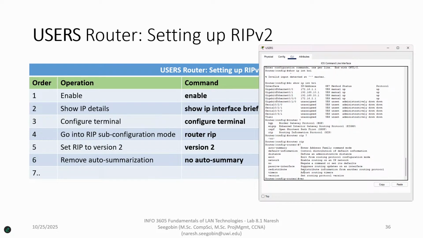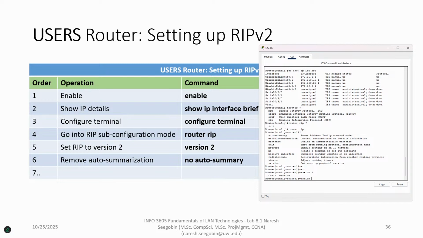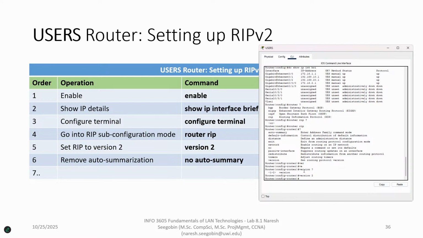So we're going to look at version, and we're going to use version 2 and not version 1. Version 1 is using the classful, which is the ABC classes, and that could cause trouble with learning routes. Version 2 is allowing us to use classless. Yes, we're going to show the class network when we check it out, but it's going to use the interface